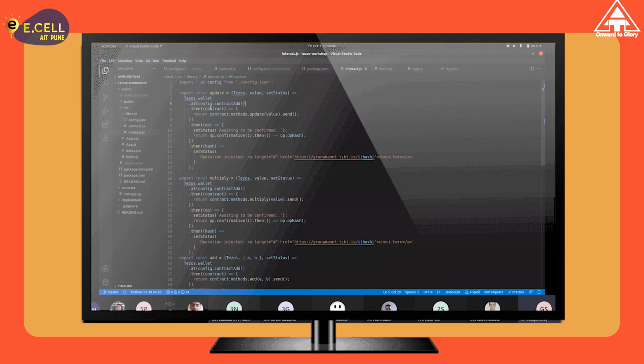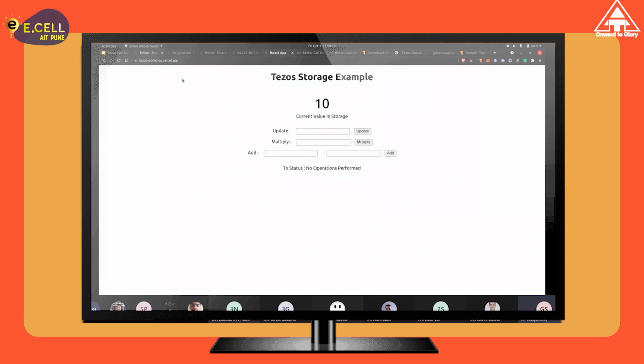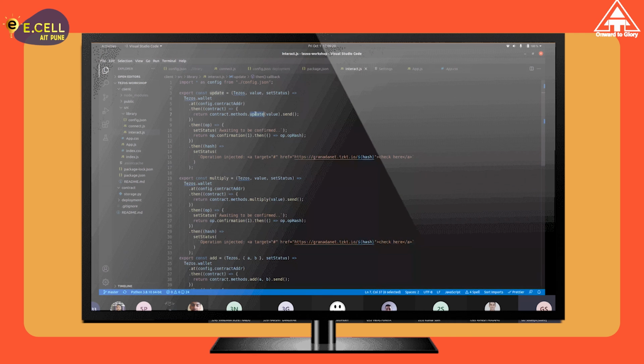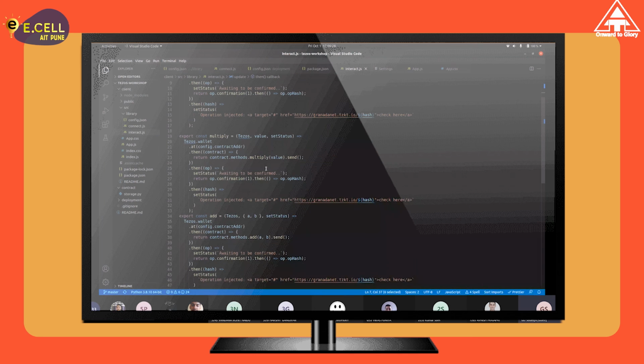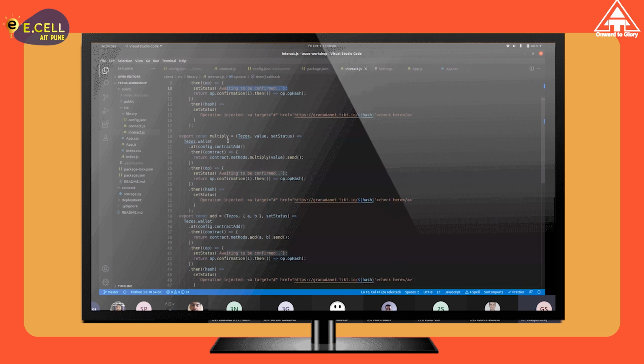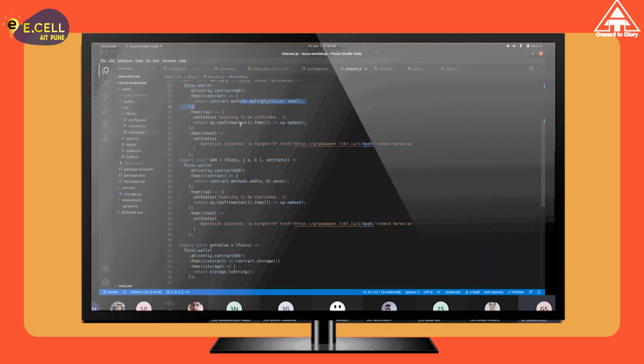And then once I have the contract, I'm just calling the method on it. So the update method is the one that we have here, right? This is the update function that we had. We are referring to that update function when I call the update function here. This will create a transaction for that particular update entry point that I have in the contract. Once the call is done, I'm just sending it to the blockchain, and I'm waiting for the transaction to be confirmed, and that's it. Similarly, for the multiply, I've found the contract, called the multiply function, sent the value to the blockchain, and then I waited for the transaction.